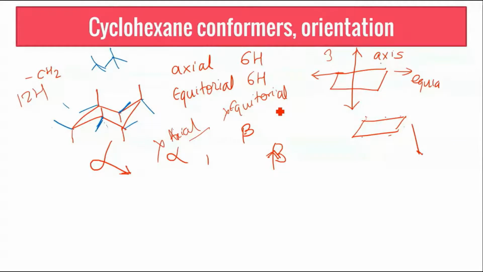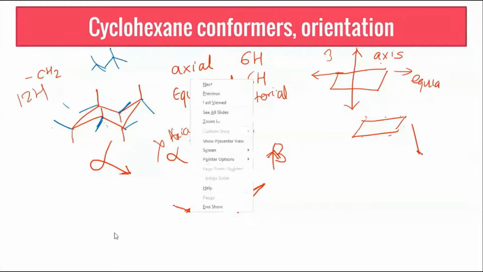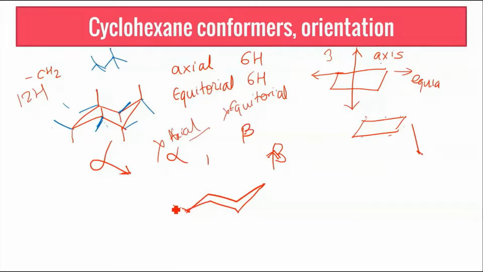Now, while numbering or while identifying the alpha and beta, if I draw the structure, when you say beta is going above the plane, if you check this equatorial bond, it is not completely 90° to the plane. But what you have to remember is it is pointing above the plane. And therefore this bond becomes a beta bond, which is equatorial. So this is that example which justifies that all axial bonds need not be alpha, all equatorial bonds need not be beta. This is one example which complies.